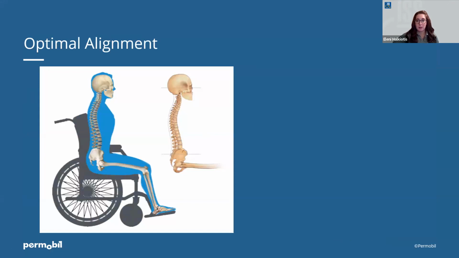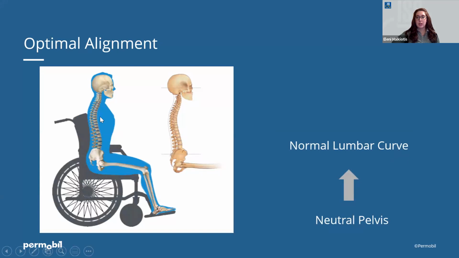To review, optimal alignment is where we have a client sitting with a neutral pelvis, meaning they're bearing weight through their ischial tuberosities, but it's neutral front to back, side to side, up and down. They are not bearing weight on the sacrum or the coccyx when they're sitting in a neutral pelvic posture. And that works its way up the chain to the lumbar spine, where we see the normal concave curve. The lumbar and the cervical spines are where we see a normal concave curve, and then the thoracic spine is where we see the normal kyphotic curve, which as I mentioned is between 20 and 40 degrees in the average